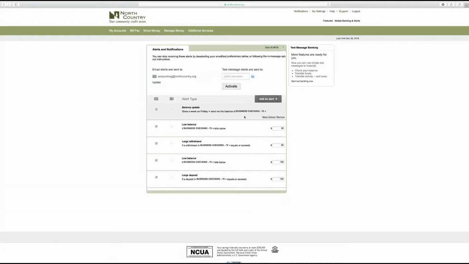Once the alert is set how you want it, you can choose to receive the alert as an email, text, or both. The default is the email linked to your account. If you choose to add a phone number, type your cell number in the space provided.